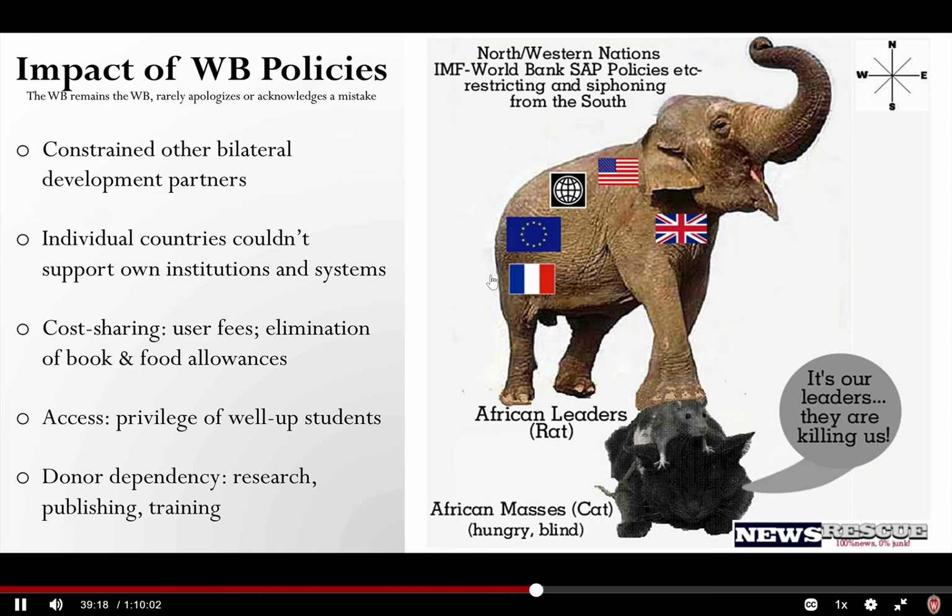I won't go through all the bullet points, but the key thing here is what we see happening. The World Bank is providing much of the money, but beyond that, it's actually constraining other bilateral development partners from investing in higher education, rather investing in primary and secondary education. So playing primary and secondary education against higher education